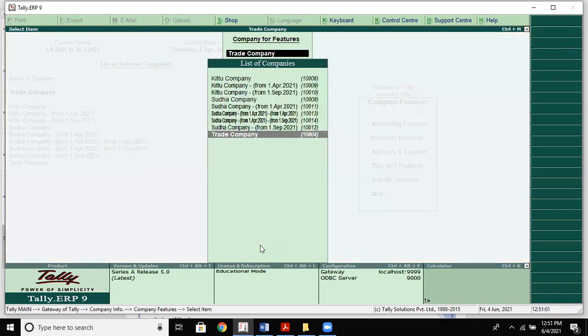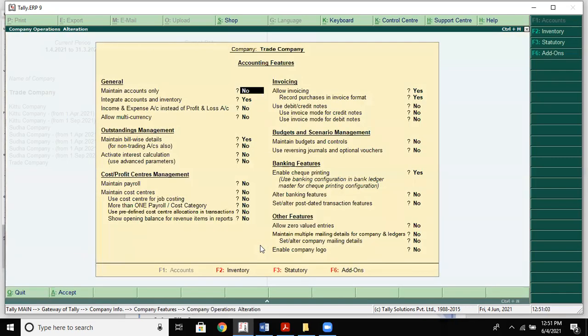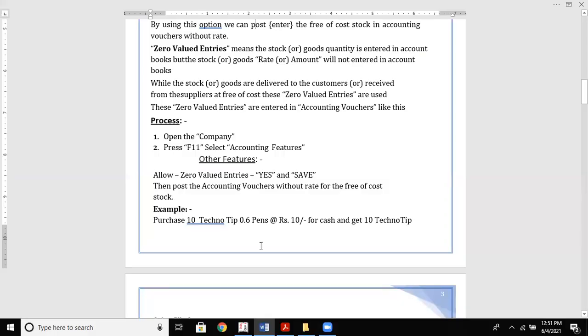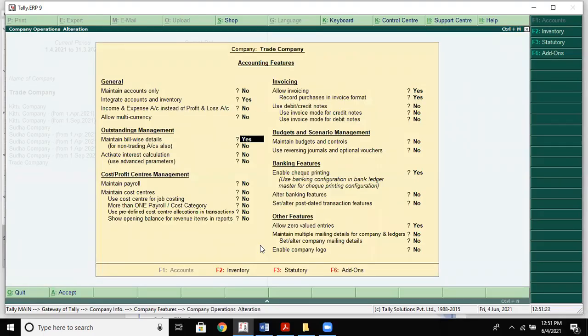Accounting features. So here you can see in other features you can find last. So it is saying you allow zero valued entries. Yes. So you're going to make it yes. Then post accounting vouchers without rate for free of cost.